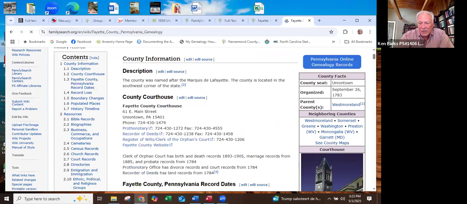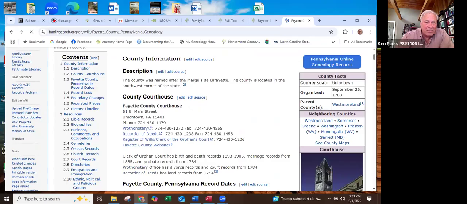And you see over here on the table of contents, information, a description of the county courthouse, location, phone numbers, fax numbers, talks about record loss, boundary changes, history timeline, and then you get into resources, and